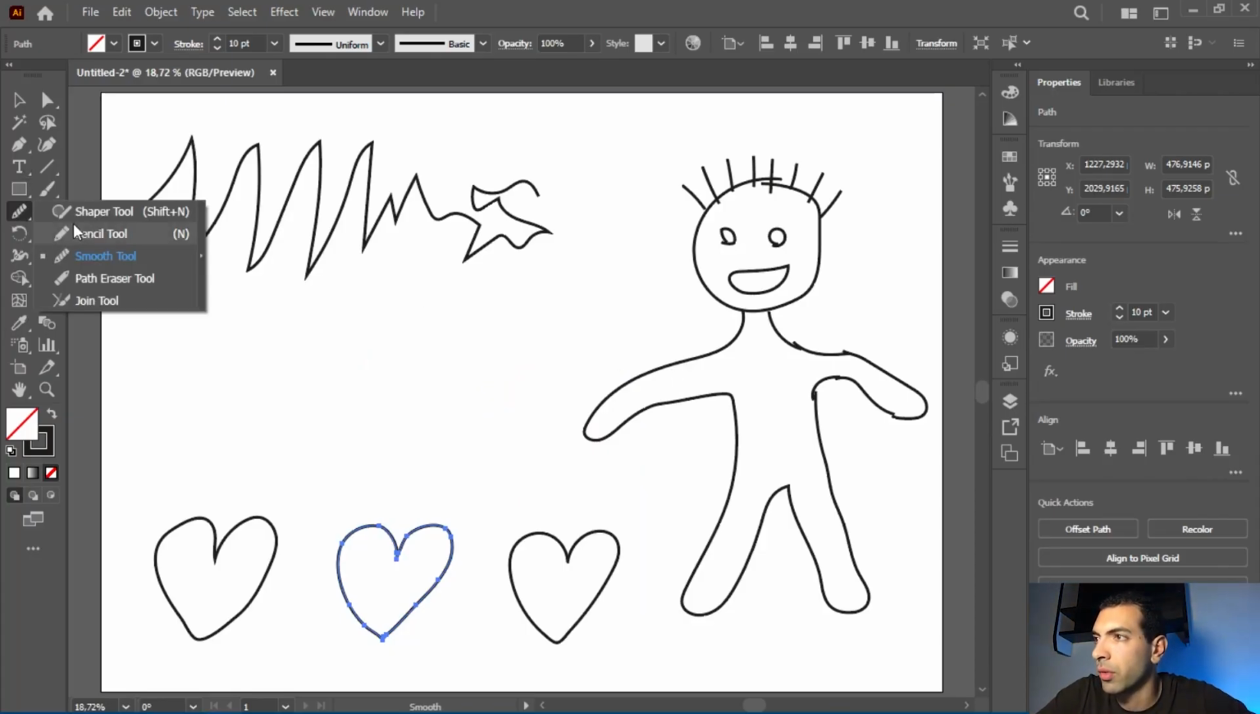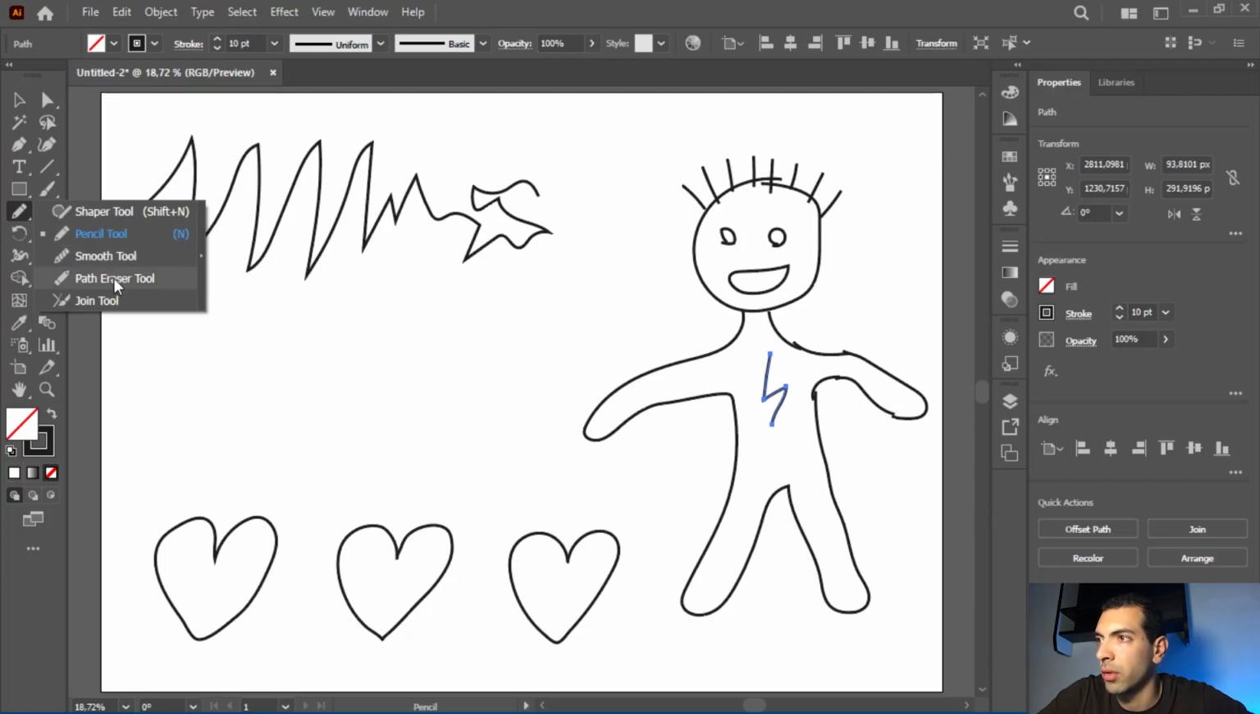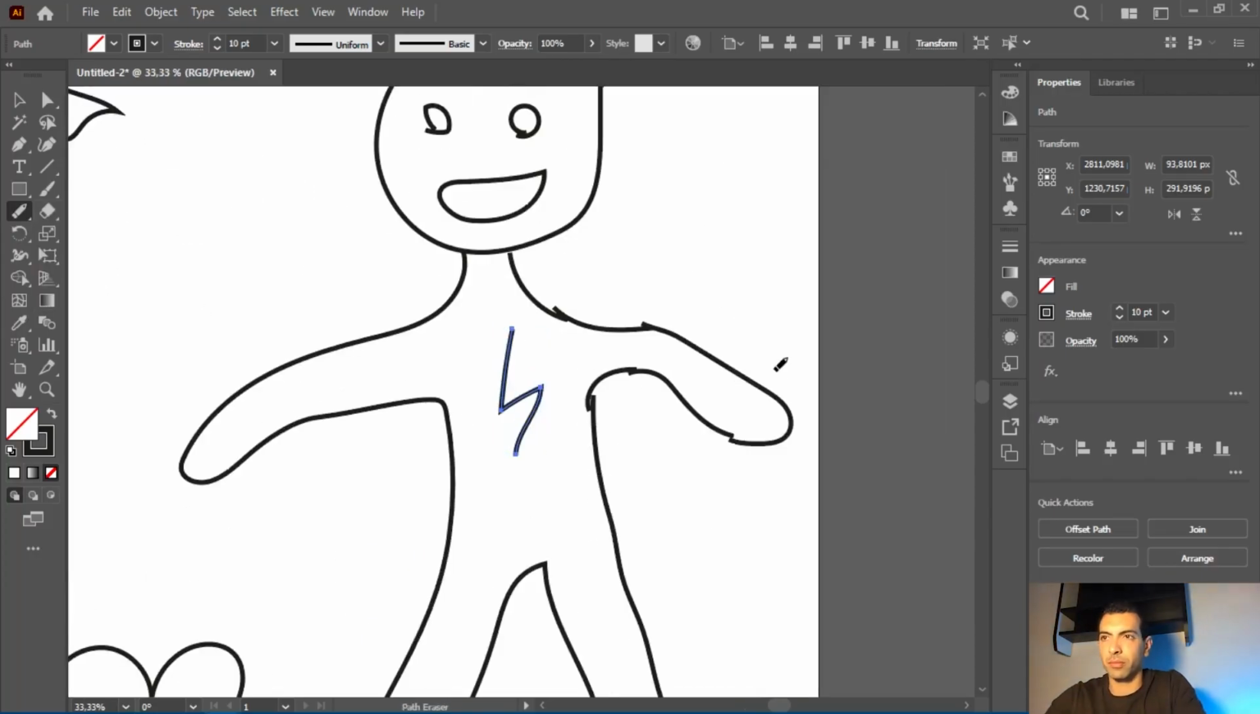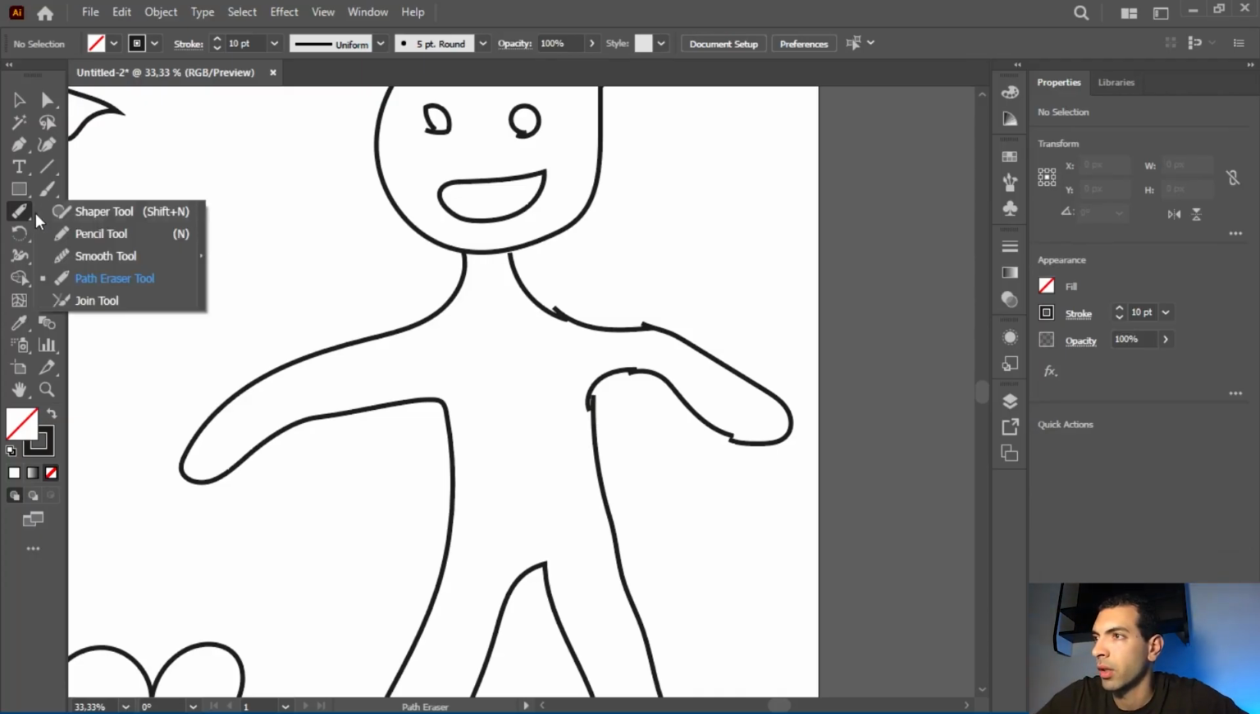Another tool I want to show you is the path eraser tool. I'm gonna first of all draw something here, and if we use the path eraser tool, we can delete. It's very simple, just by clicking and dragging. I'm gonna delete everything. Go back to the pencil tool